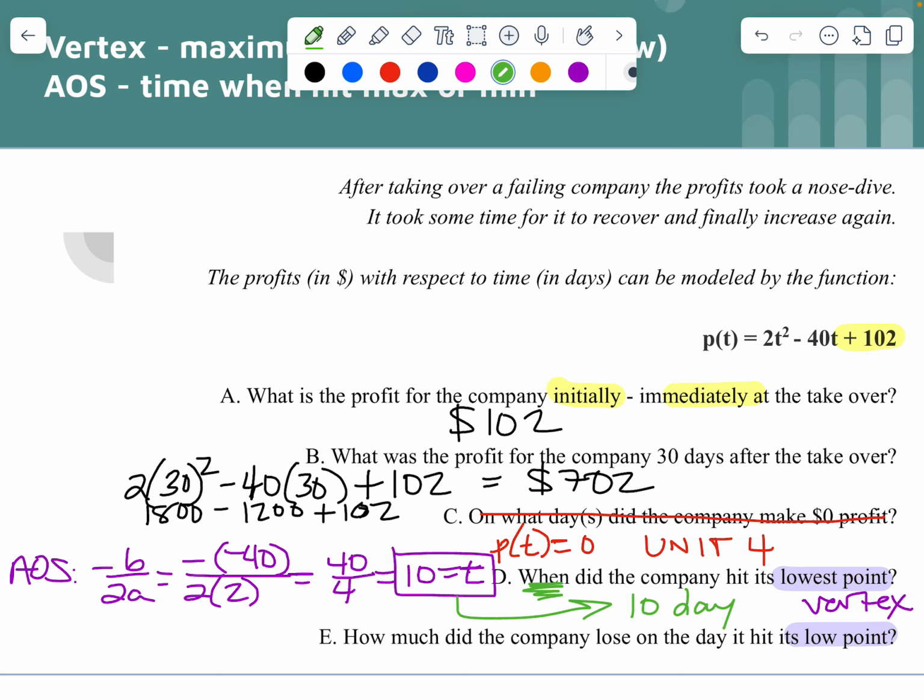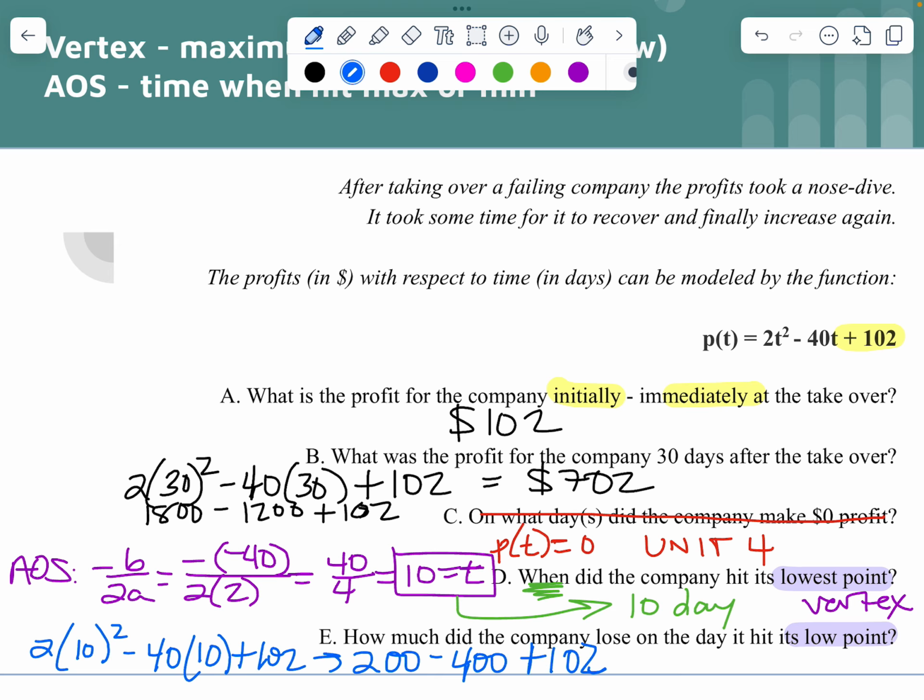Let's take the 10 and plug it in. If I recall correctly, the answer to this is negative 98. But again, we can go ahead and plug it in. Wherever I see the t, I want to replace it with 10. And 10 squared is 100. Times 2 is 200. Negative 40 times 10 is negative 400. Adding 102. And hey, look at that,